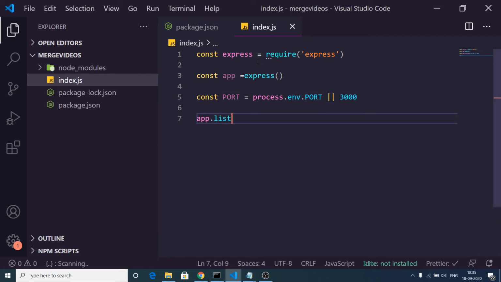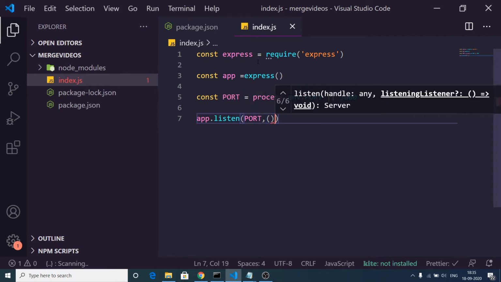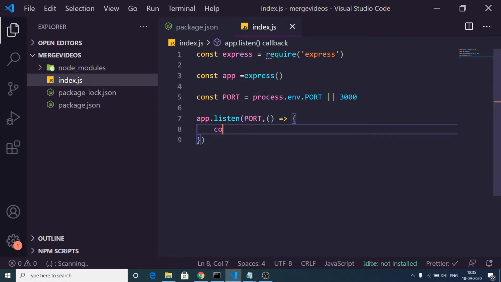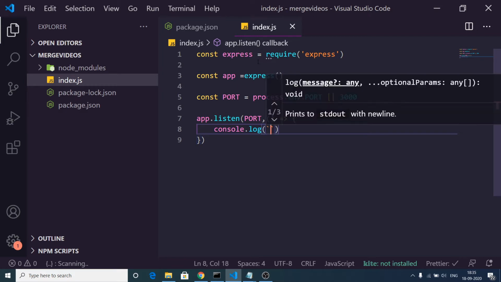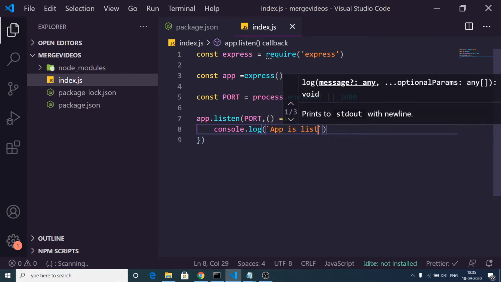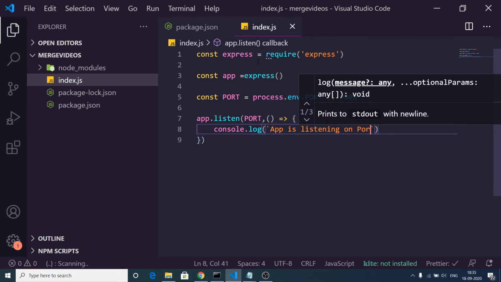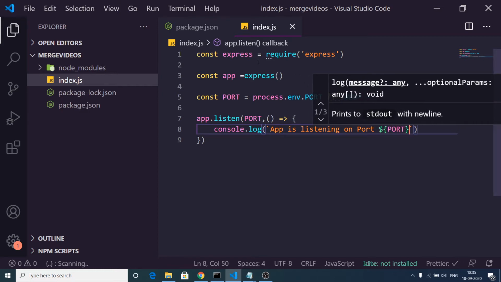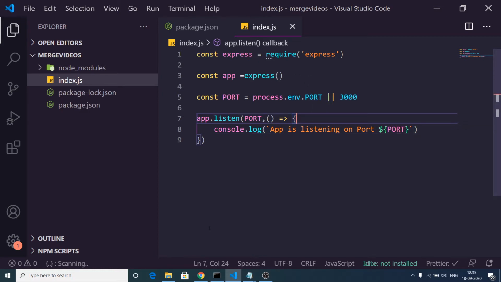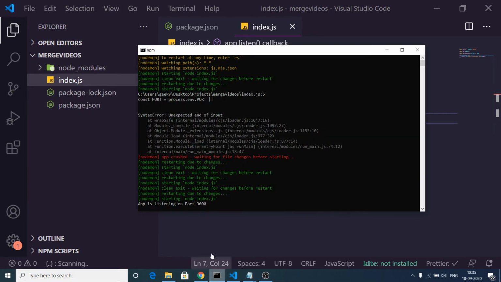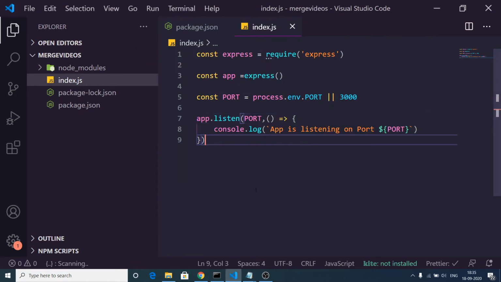Now we can listen on app.listen and we can pass the port number as a variable and the second callback function. And here we can console log a simple message on the screen that app is listening on this port number. So we can put this dynamic variable port. If I check the command line, it will automatically restart and app is listening on port 3000.